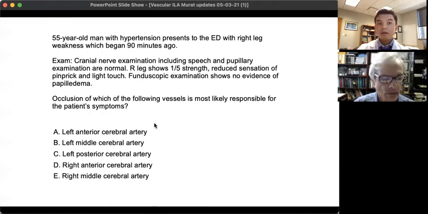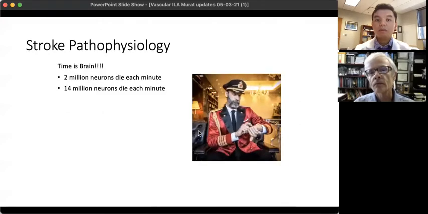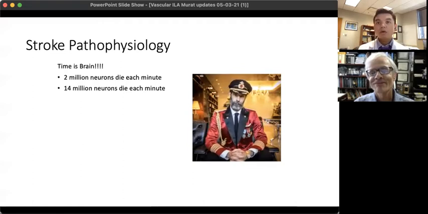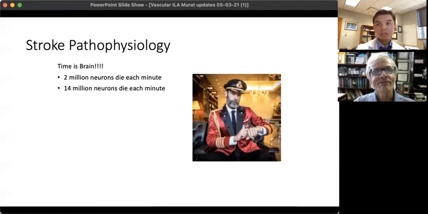So from here at this point, we're going to think about what happens to a patient like this who's had a stroke immediately. So what are the things that we are looking for? Well, first of all, when we think about stroke pathophysiology, the first thing is that time is brain. So after someone has had a stroke, you really have to rush to get them taken care of because those